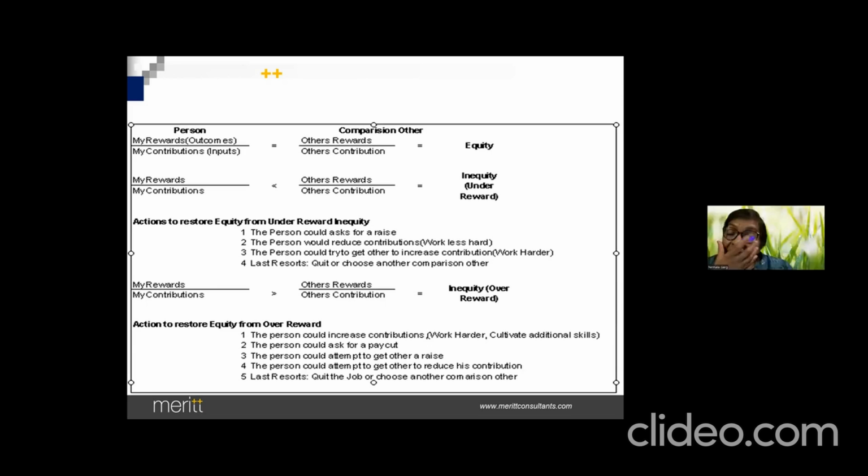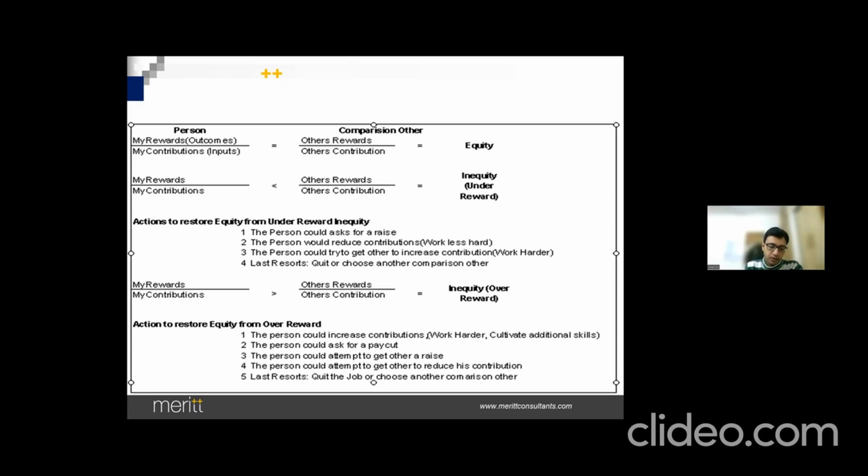So at the end of it, what is very, very important? I told you, equity. And how do you know whether it is equitable or fair? You are comparing. And comparing with what? You are comparing your reward with your input, with a comparator. And who are the comparators? It could be somebody within your organization or guys, tell me.